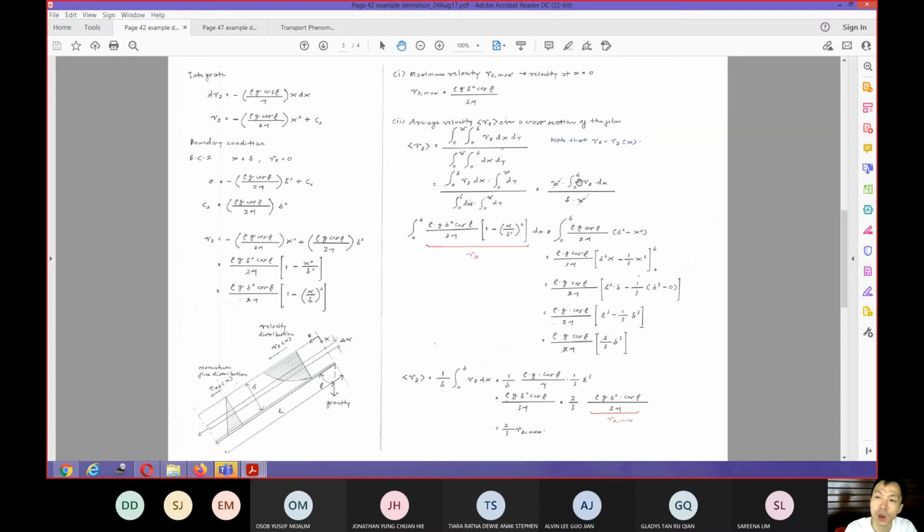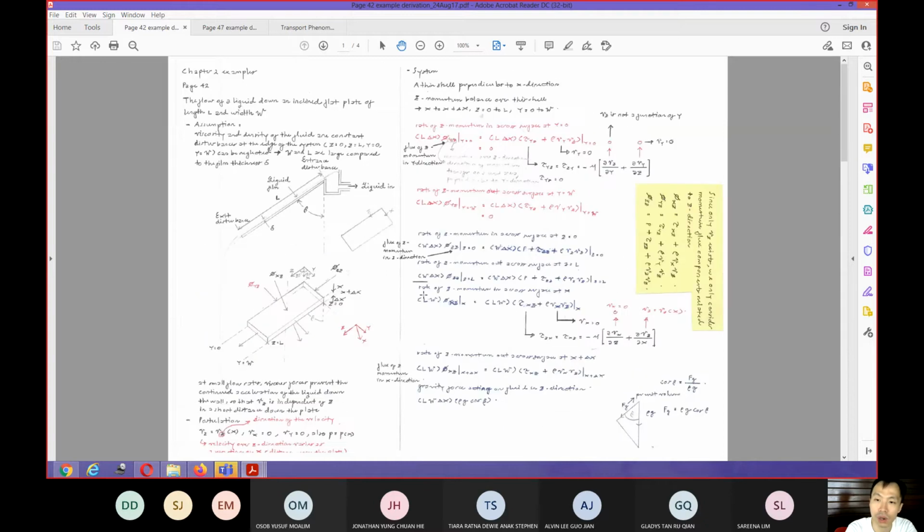Now, the next quantity that you are interested to find is the average velocity over a cross section of the film. So you need to go back into your